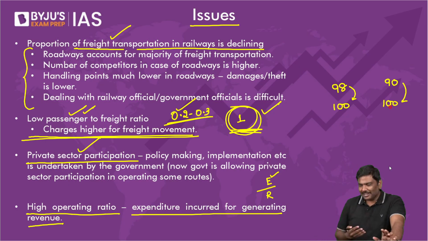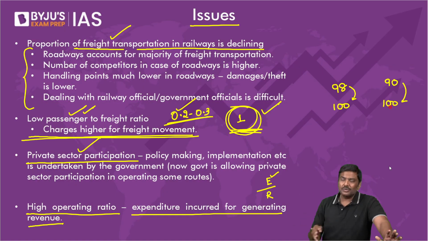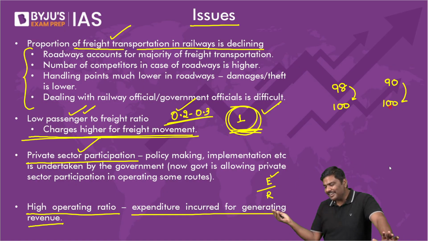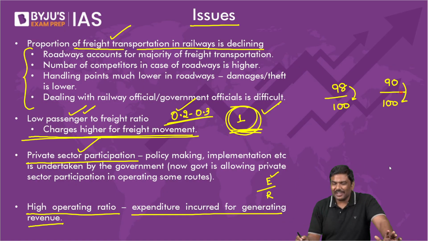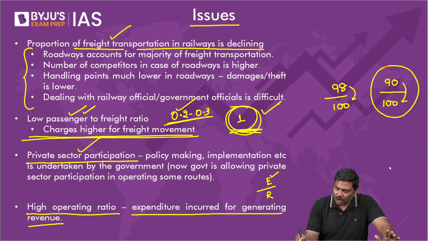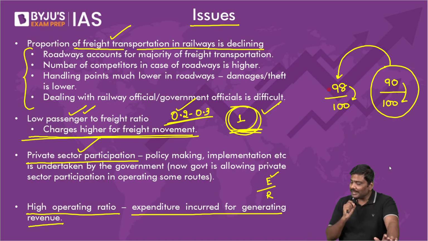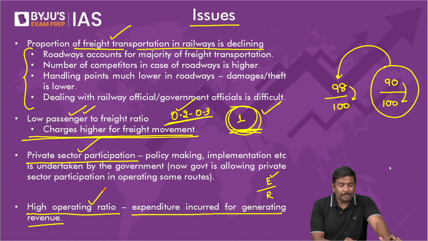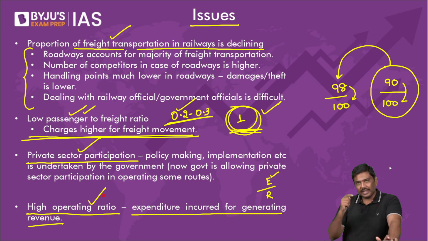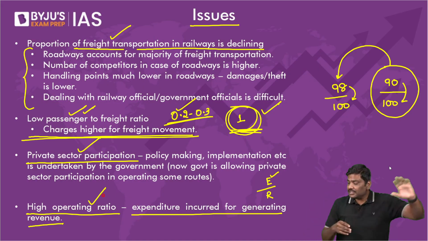Please think of it. Would you want to spend 90 to generate 100, or would you want to spend 98 to generate 100? So what I'm talking about is basically operating ratio. So don't you think this is a much better operating ratio compared to this? So in case of India, the operating ratio for railways is more than 98, which means, and historically,